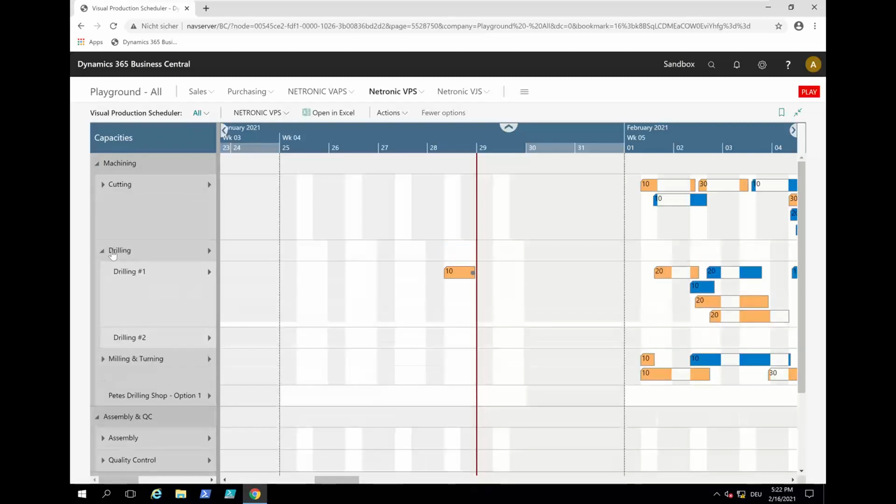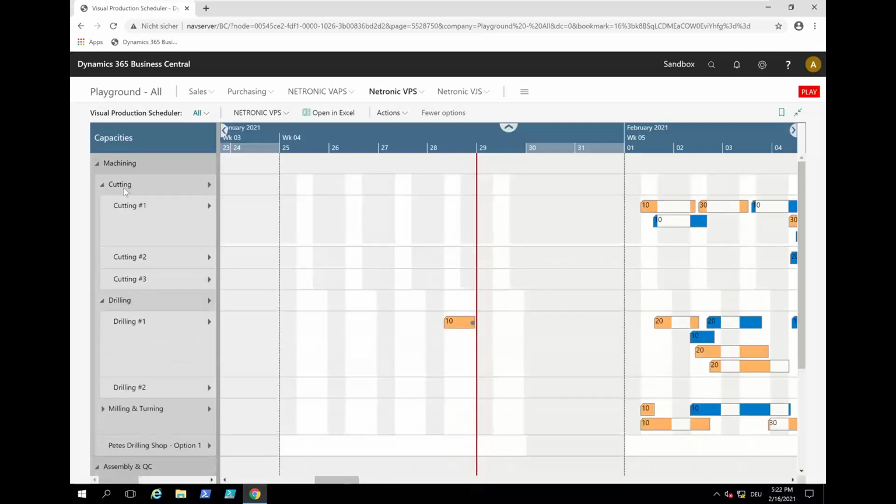So here in drilling, I can actually expand this, and also cutting. Here I see my cutting lines and how they are busy or not. And then from my drilling line, I can see, okay, by moving it here, there's actually no conflict on my drilling line. The drilling machine is pretty busy here. So I have some flexibility to change it like this or like this, because I have the flexibility on the